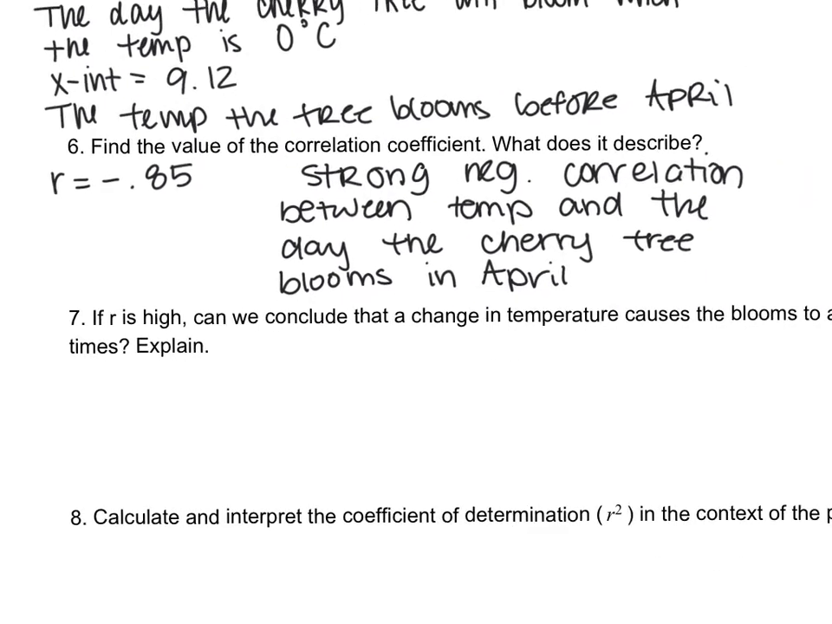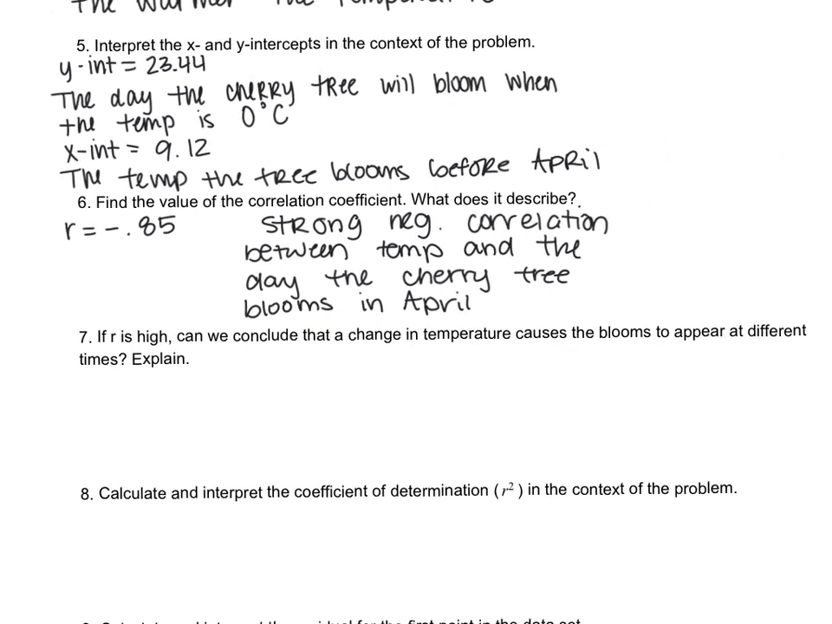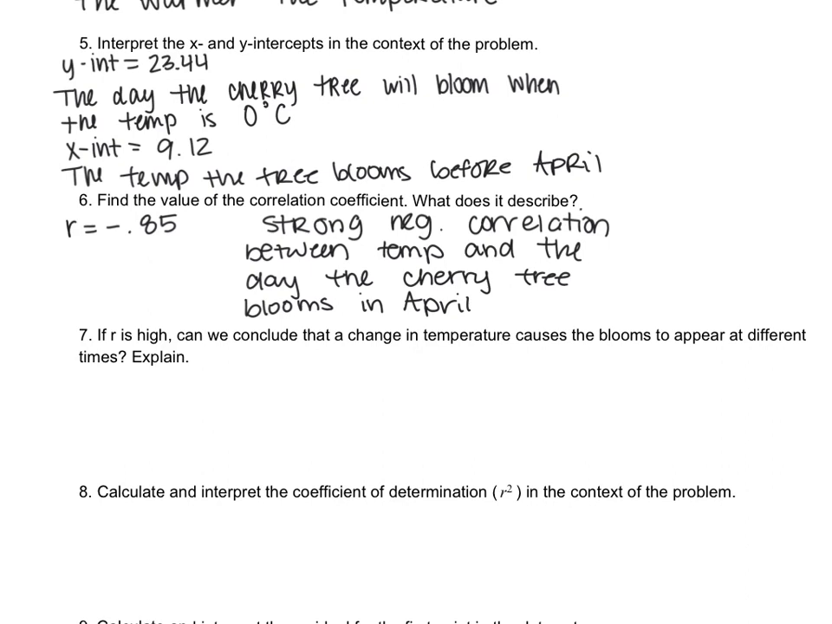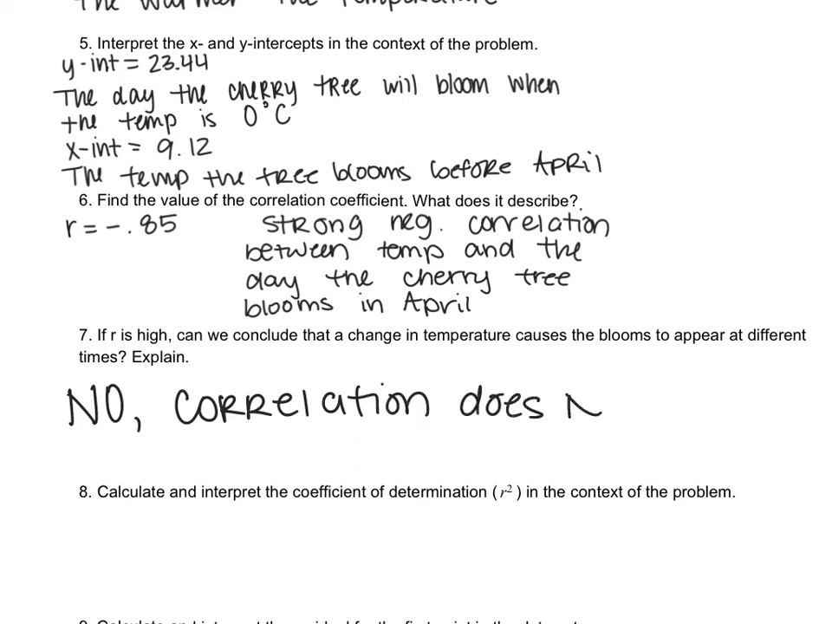So that leads us directly into number 7, which asks, if R is high, can we conclude that a change in temperature causes the blooms to appear at different times? Then we want to explain. I'm going to put this in all caps. The answer is no. And the reasoning is correlation does not mean